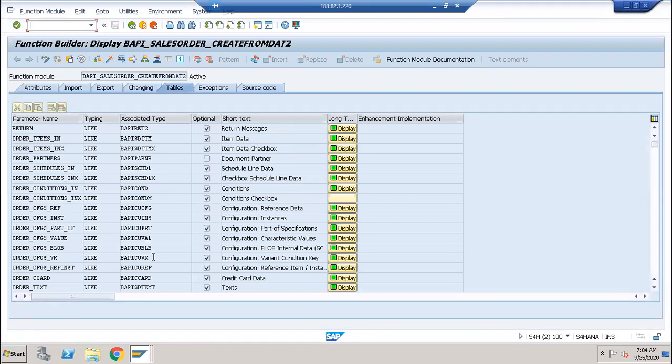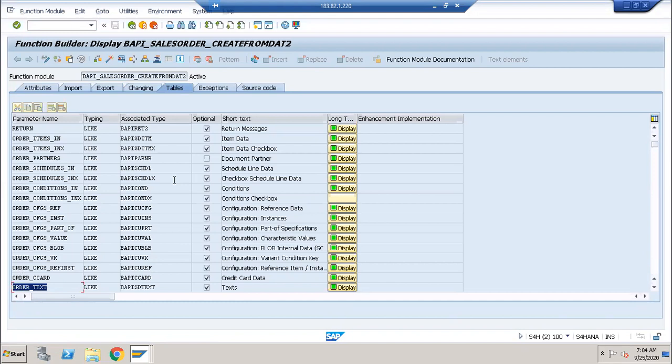For example, if you are passing tax conditions at the time, we have to fill the order conditions table also, the internal table. Okay, so like this, if you are passing some text, then order text you have to pass. So like this, you have to pass.